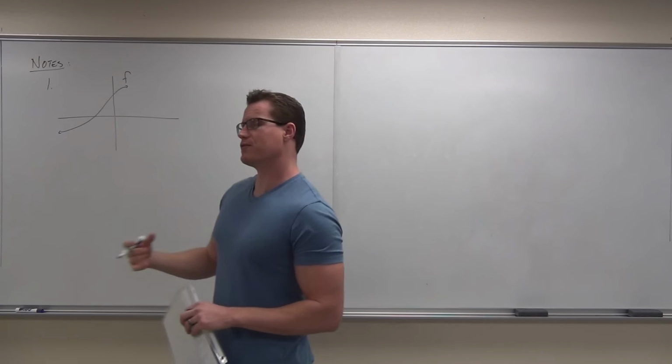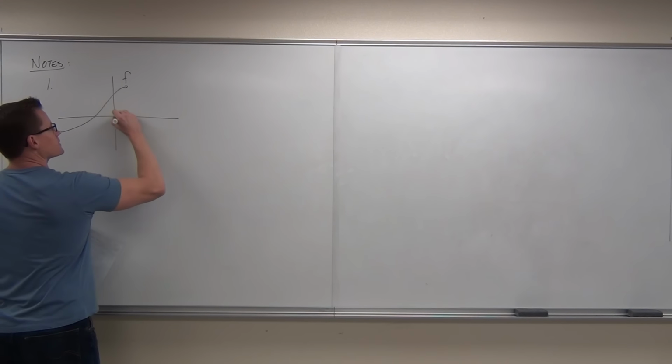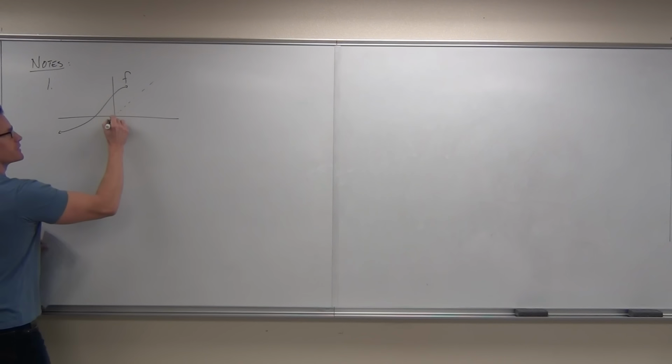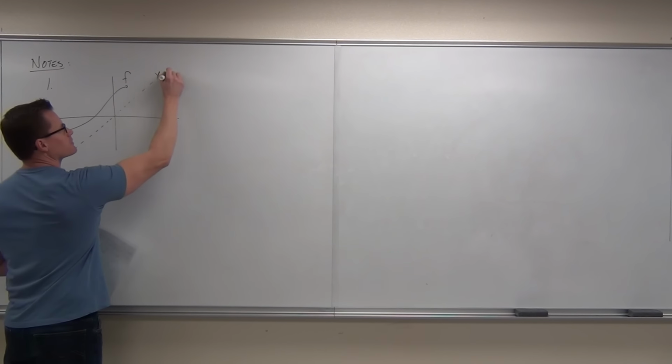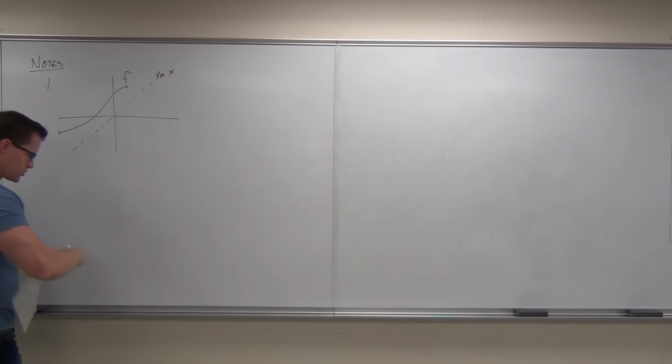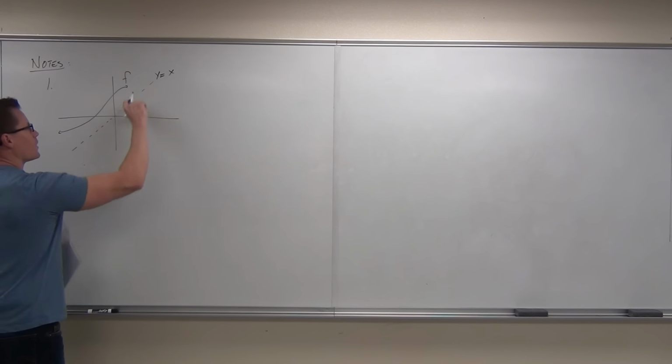Here's the relationship between a function and its inverse on a graph. Namely, a function and its inverse, graphically, are just a reflection across the line y equals x. So if this is my function, well, the inverse, because an inverse is found simply by switching the x and the y coordinates,